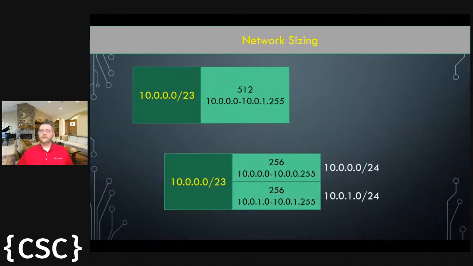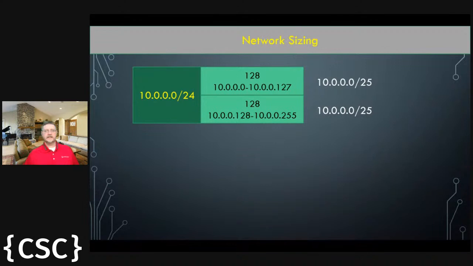What I could also do is change that size, right? If I did a /23, well, now moving 1 bit over, I'm doubling my size. So I went from 256 to 512. Now notice the third and fourth octet. So now I'm going from 0.0 to 1.255. So now I've got 256 twice. But what I could also do is split that up so that my network is still /23, but I have now two subnets that are taking up that 512, 256 each.